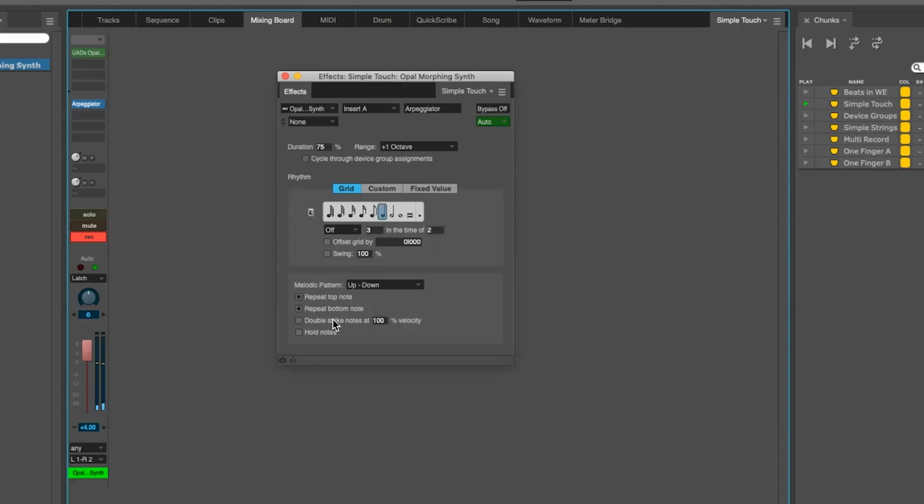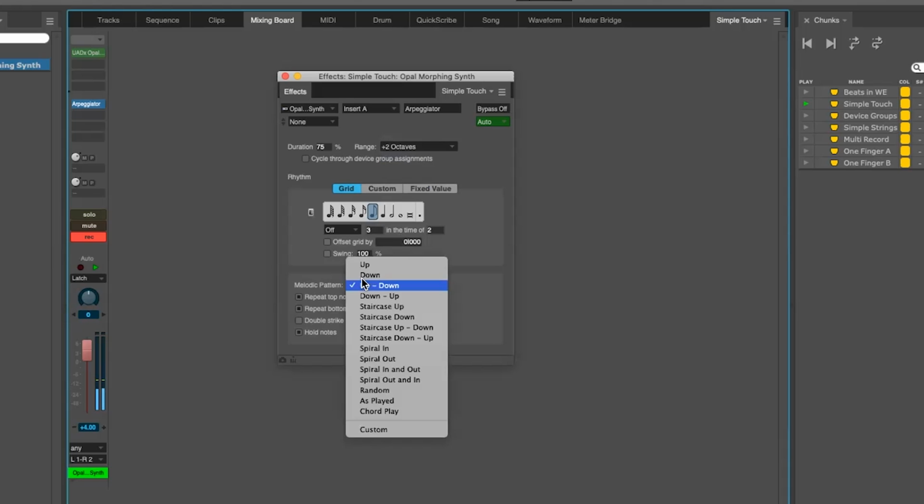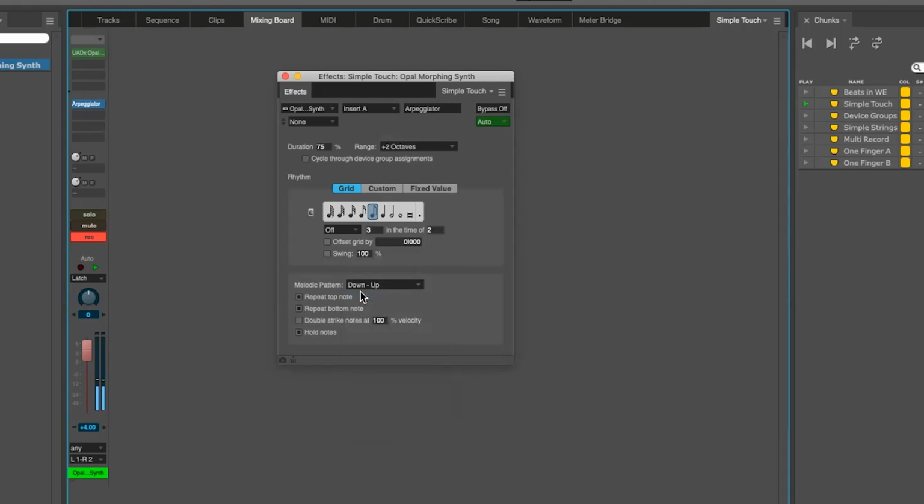And by the way, don't forget that down below, you can always hold the note sort of as you're working on it for a second. So let me just save. I'll play the note, it will hold. So now I'm thinking, well, let's go to 2 octaves. I want to change the pattern, down, up. I want to not repeat the top note. So we can unhold. Again, like the world's simplest example, but you've got something in one of your virtual instruments,